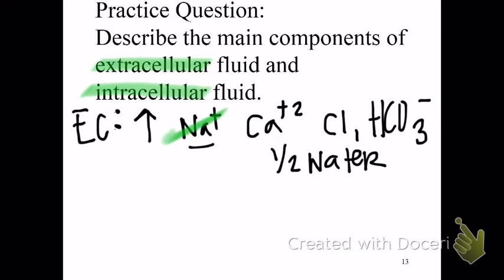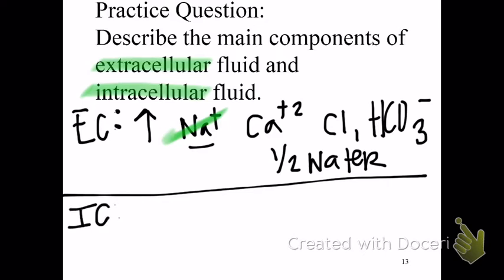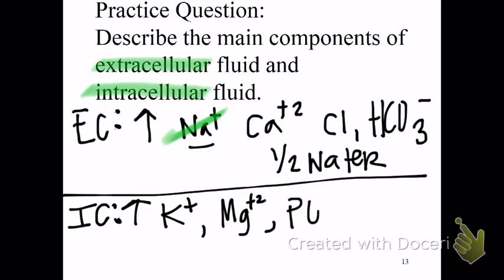Okay, let's go with intracellular now. Intracellular is going to have increased amounts of, most important one, potassium. Right, and I don't care if on your short answer you use the letters or the words, whichever makes more sense to you. So, potassium, it's got magnesium, it's got that phosphate group, it's got sulfate,